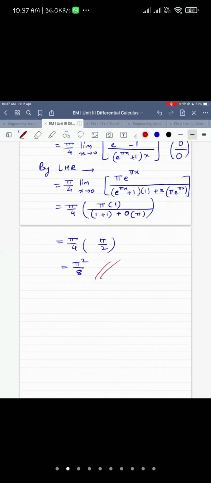How many of you could complete it without my guidance on your own? Please give your reply in the chat box. Okay, Fargade could do it. You can raise hand also, no problem. How many of you could do it independently without my guidance?